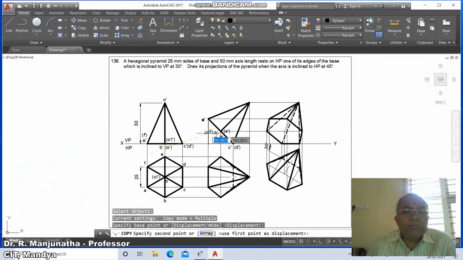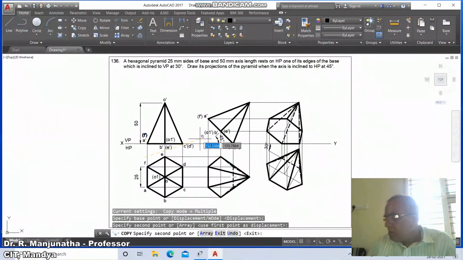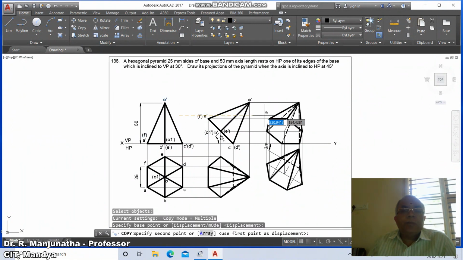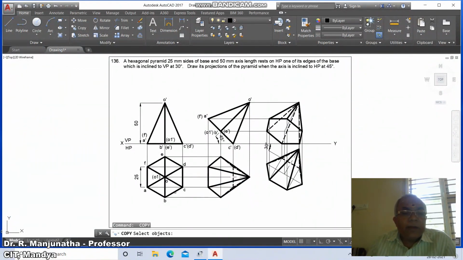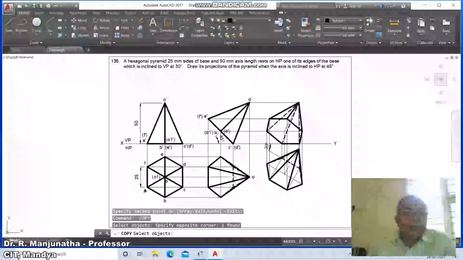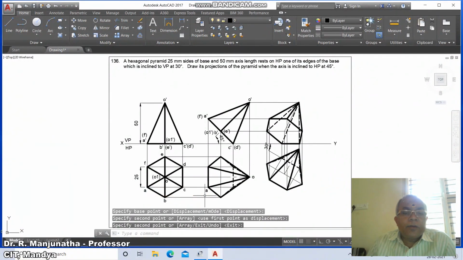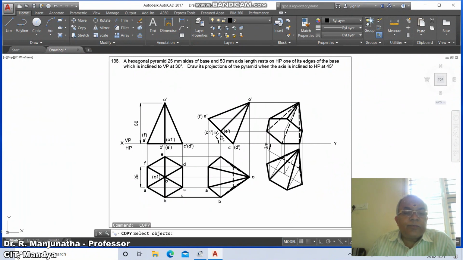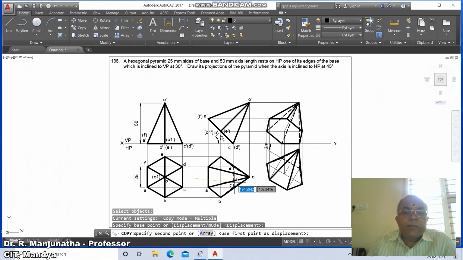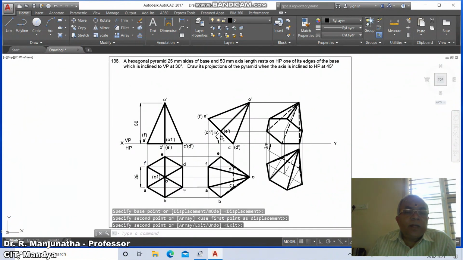Similarly, A dash, and then go to F dash, then go to O dash, and here you type copy, you take O, you take A, you type B, you type C, here you type D, you type E, you type F, and similarly you type